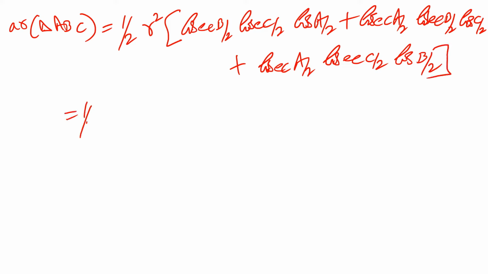Now if we simplify it further, this is half r square into cos of A by 2 divided upon sin B by 2 into sin C by 2